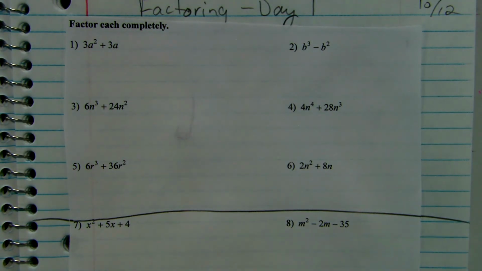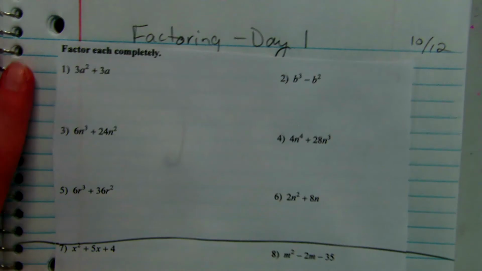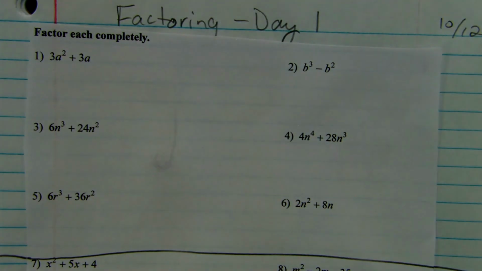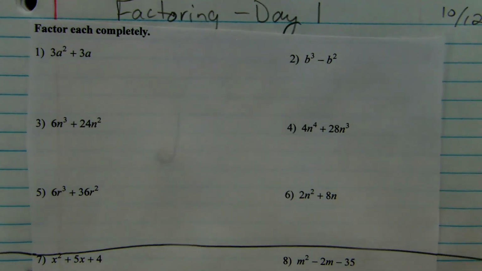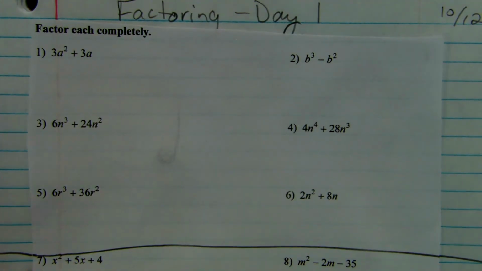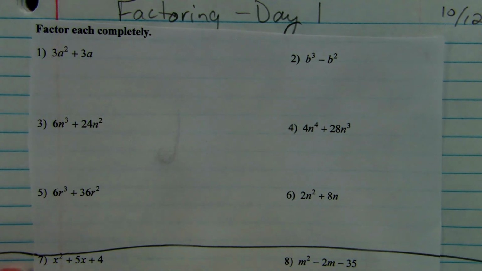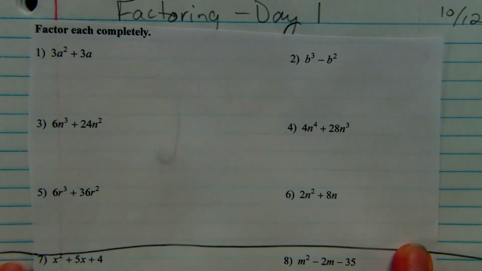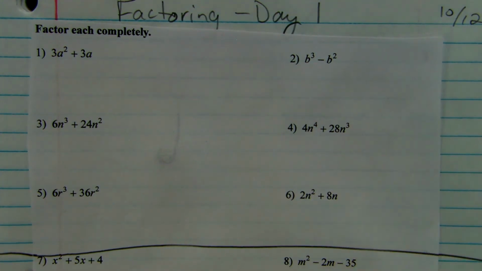All right, so see, this is for seniors. We are reviewing factoring skills so that we can do more complicated things. I drew a line after 5 and 6. That's because this top portion all goes together. On the top part of these, we only have a couple of terms, but you could use this for something with more terms. What I'm seeing on all of these is that there are common